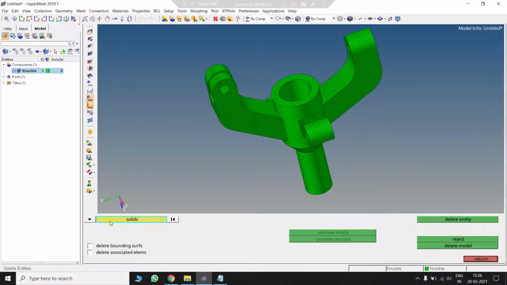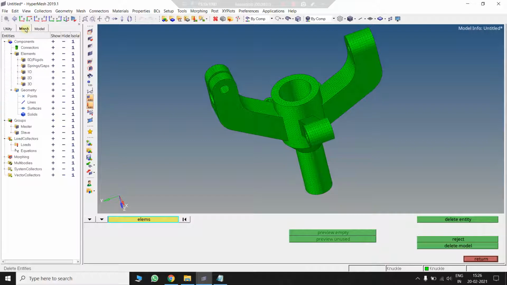Press F2 and select elements. Now before deleting, let me tell you how to mask or unmask a particular type of element. So what I mean to say is, basically the plus button means show any component or any geometry, and minus means to hide it. So now I want to show the 2D elements. I want to make them visible in the graphics area. So I will press the plus button, and for 3D also I'll press the plus button. So all are being shown in the graphics area, which is pretty obvious.